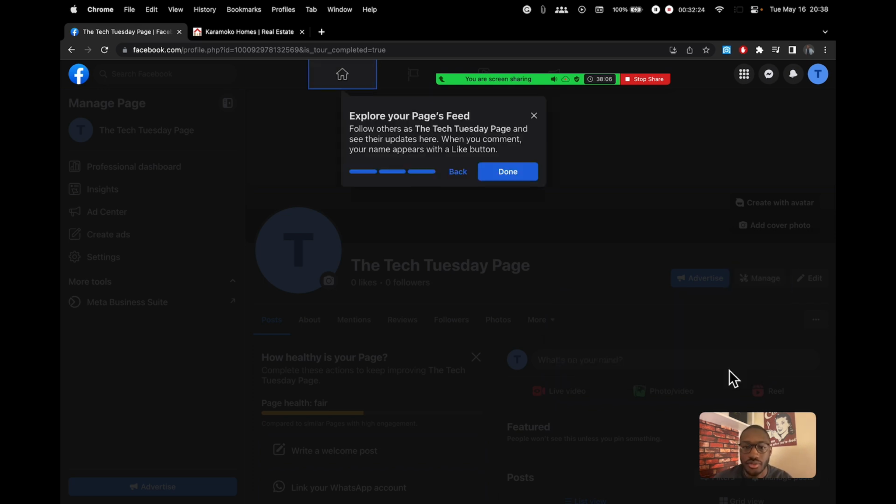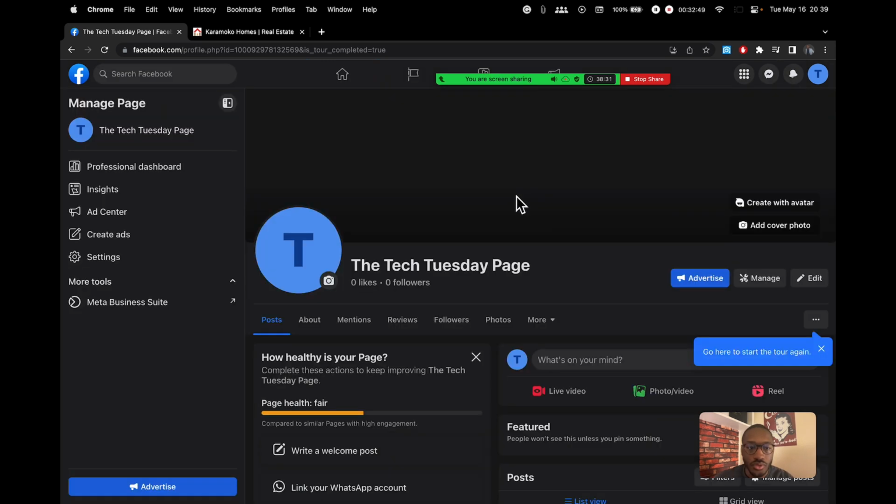If I click next here, just like on your personal page, you have a feed customized to your page based on what activities you do with your page. So you can explore the feed there, interact with some other accounts or other business pages, and build some followers that way by creating engagement and replying to other people's comments.